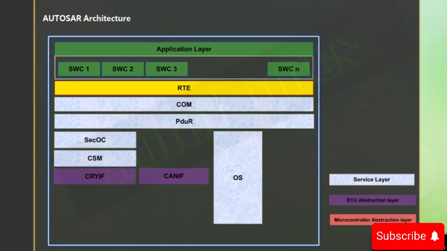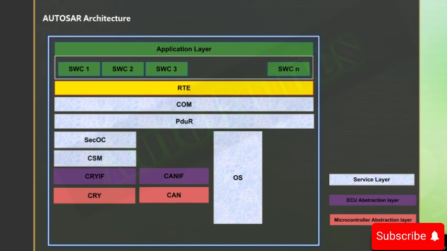Then let's see about the microcontroller abstraction layer, which is the lowest layer. This means that the MCAL module can directly access the hardware resources. MCAL contains internal drivers, which are software components that are directly accessible to the microcontroller. As the name resembles, the MCAL layer makes the upper layer independent of the hardware.